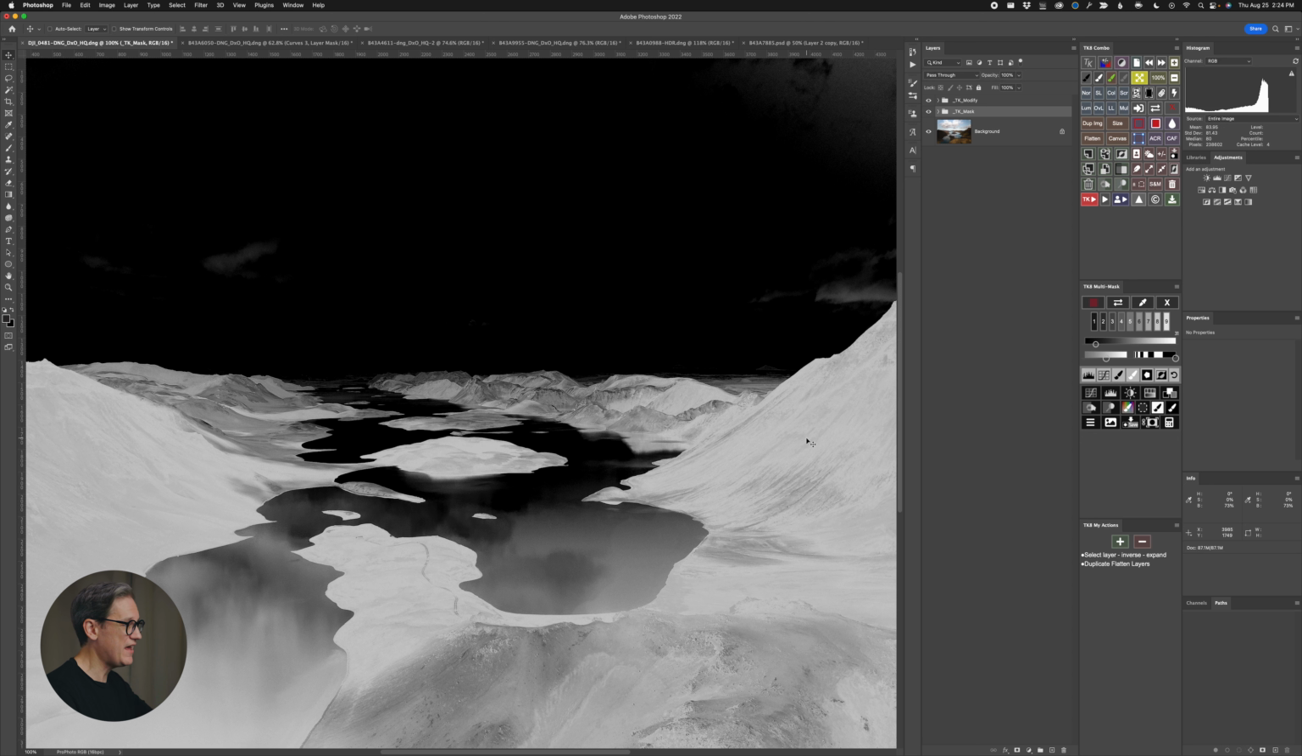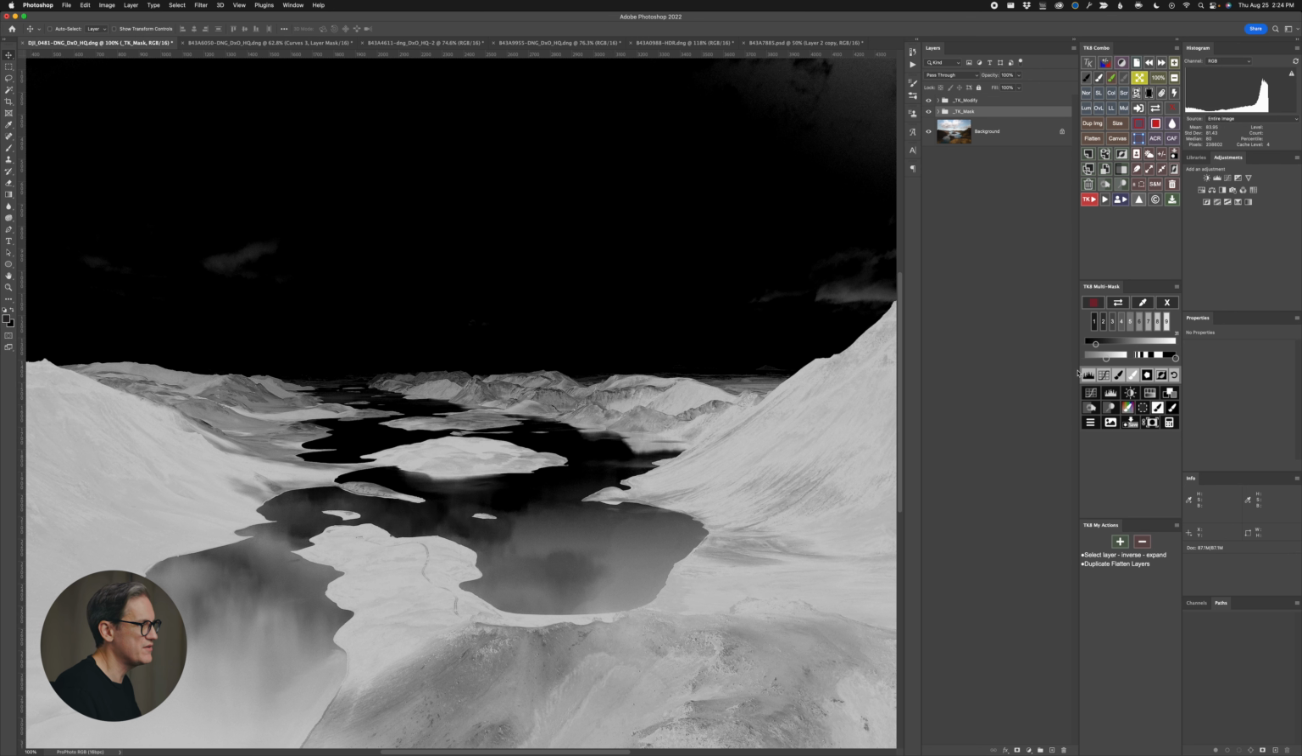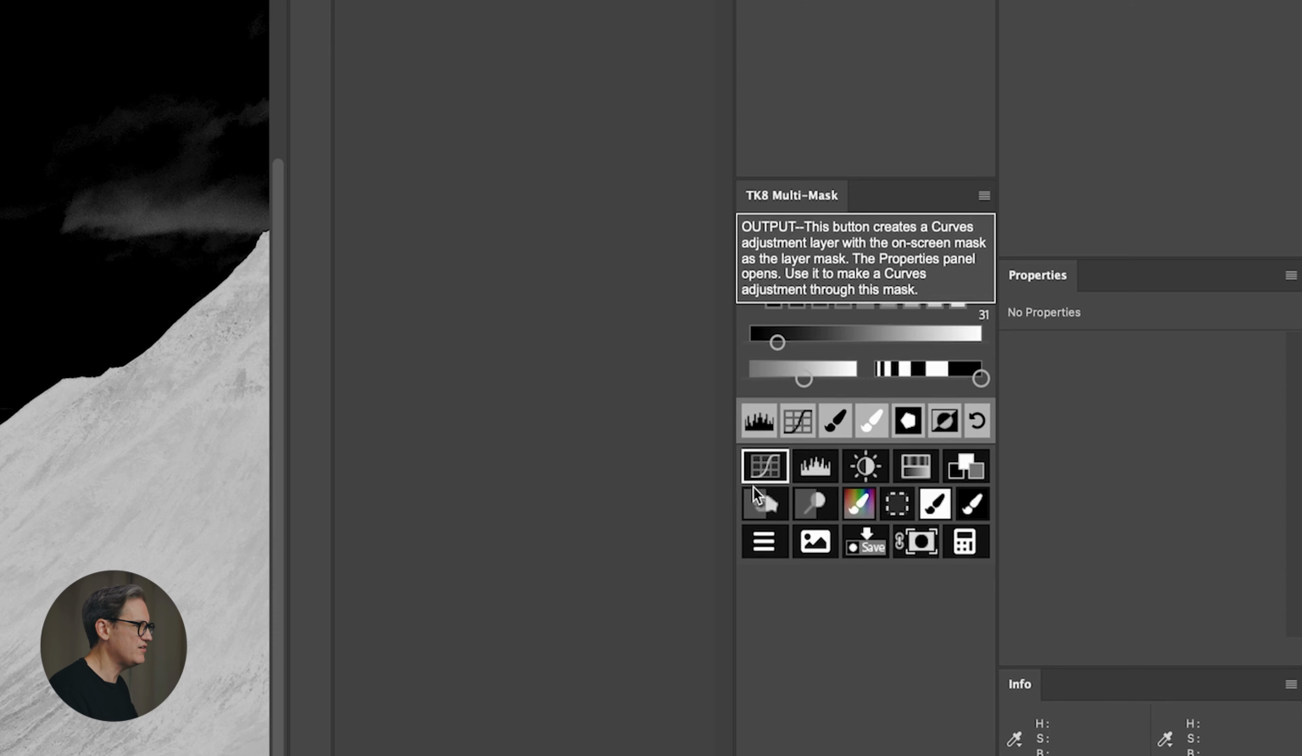Whereas anything that is black or dark is being concealed. It is being hidden by the mask. And so now we're able to make some type of change using this mask as our selection. And to do that, you come down here to the bottom of the panel and you see all these little